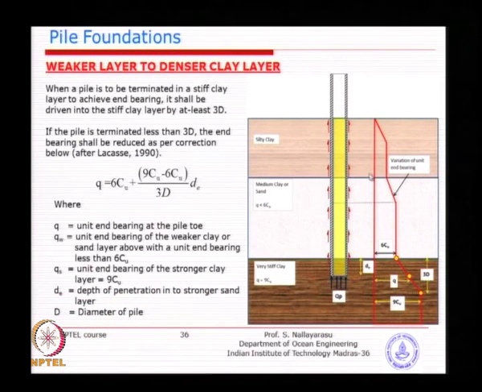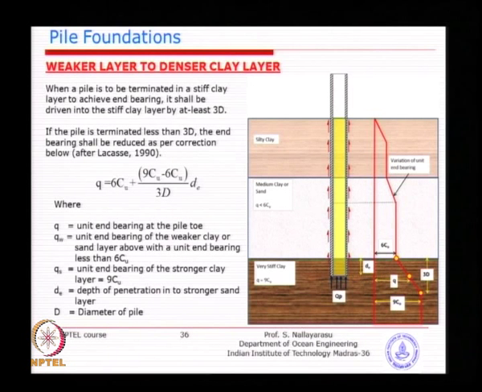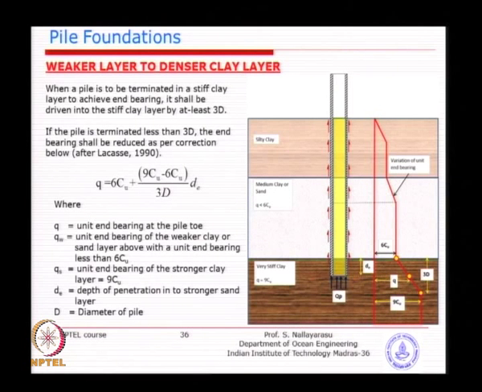The next one is you have a sand layer and a stiff clay. Of course, arguably clay is not going to offer so much end bearing capacity, as you can see from the equation. Undrained shear strength is the only parameter contributing to your end bearing, which is not going to offer too great, unlike a sand layer where the overburden pressure is going to present a good amount of the end bearing resistance.